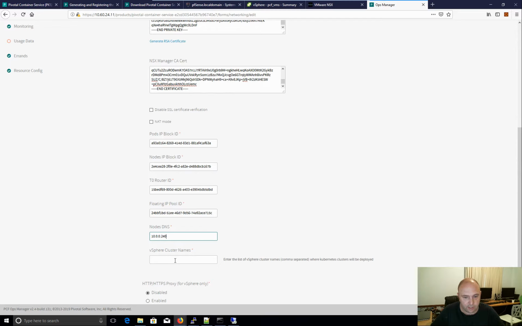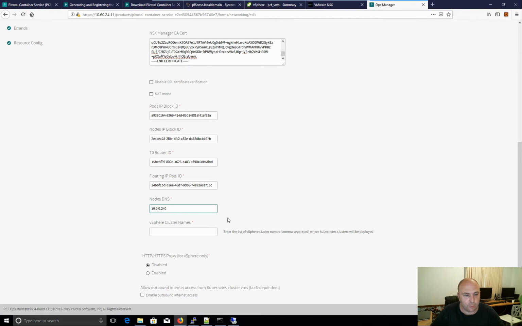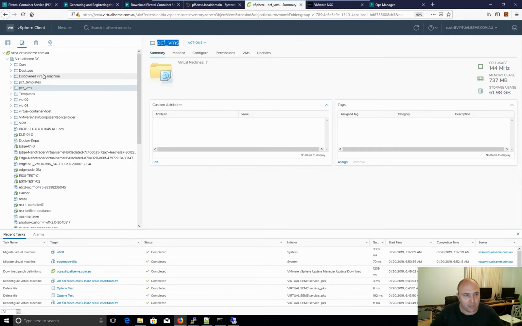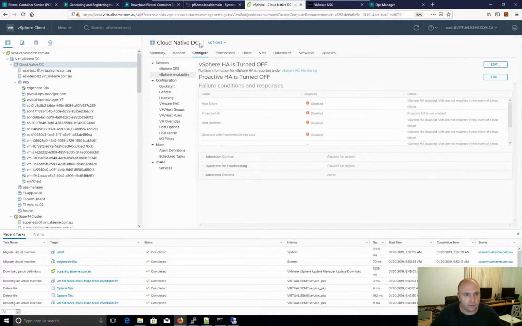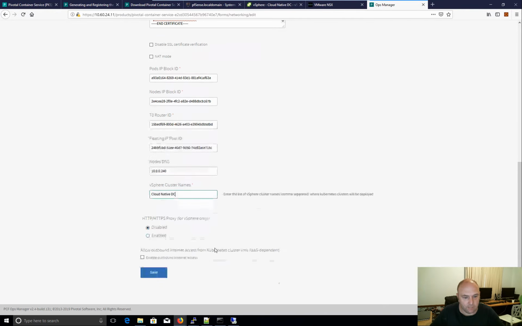So these are the list of vSphere clusters that the Kubernetes cluster will be deployed to. So again, comma delimited, these will match your AZs, or the ones you put in AZ, but I've only got one cluster here. So let's go back, and I just want cloud native cluster. Alright, so I don't have a proxy to get to vSphere, and I'll allow outbound internet connections. Again, if you don't allow this, you'll require a NAT instance. So we'll go save that, and hopefully,